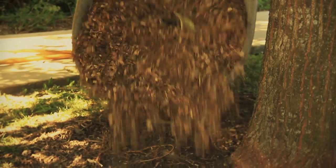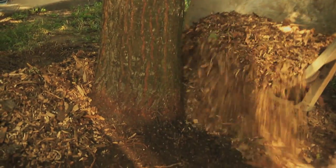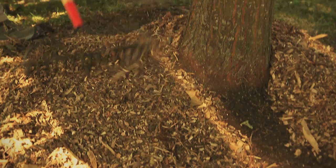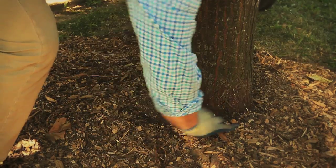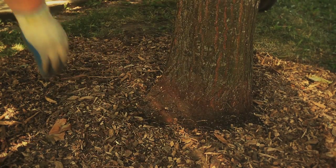the work. What we're going for is kind of an even 2 to 4 inch level around the base of the tree. That 2 to 4 inches is really going to help with your weed competition and soil and water retention. The last step is to actually get in with your hands and actually pull this material away from the